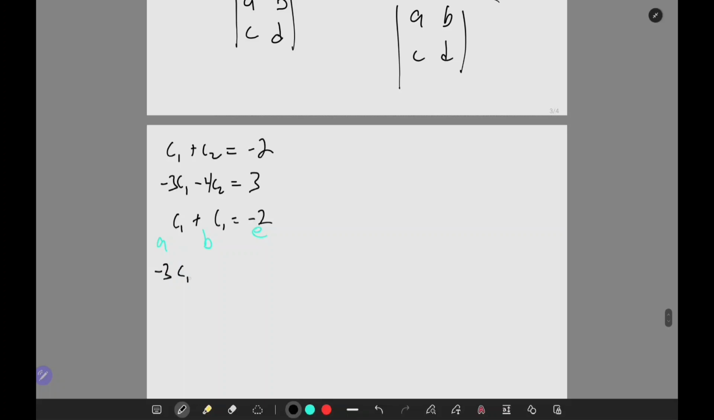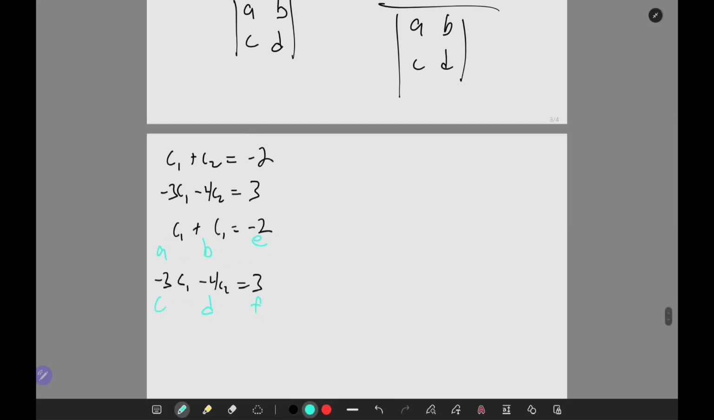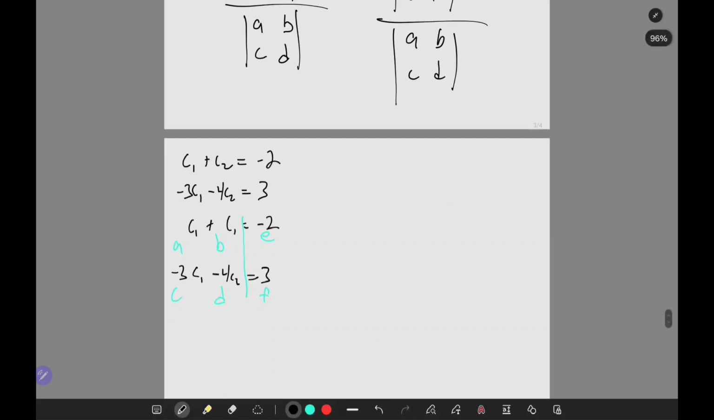We have -3C1 minus 4C2 is equal to 3. This is our E, this is our B, this is our F, this is our C, this is our D, right? And this is like our line here, right? So now let's write this out. So for C1,